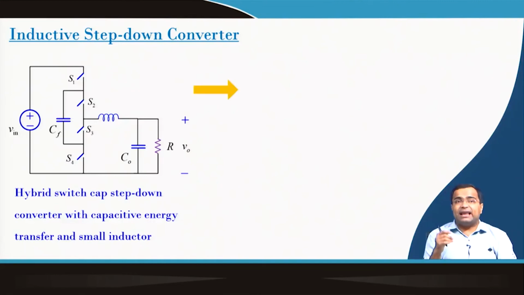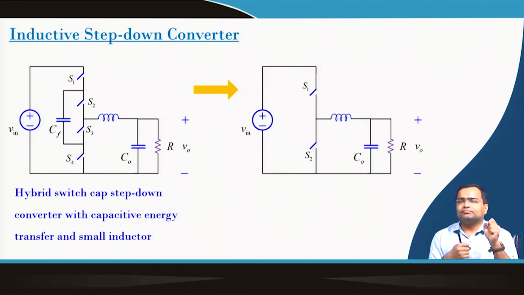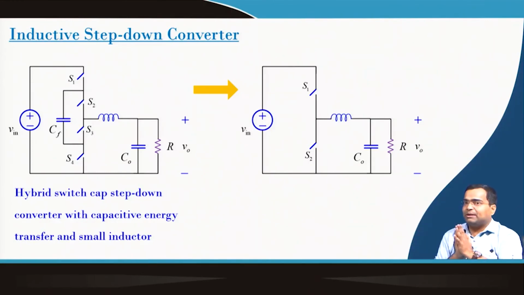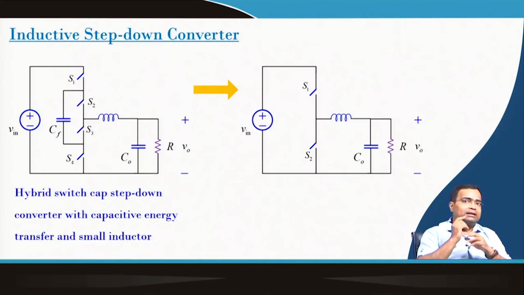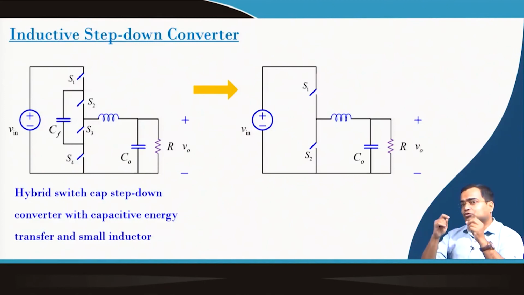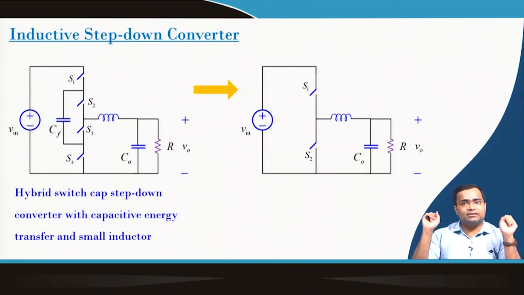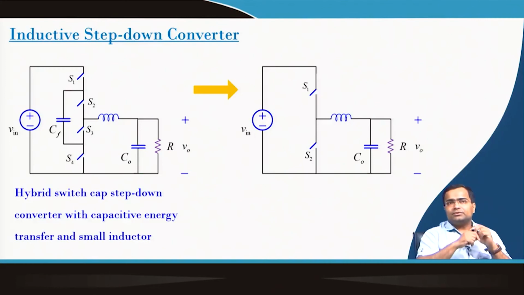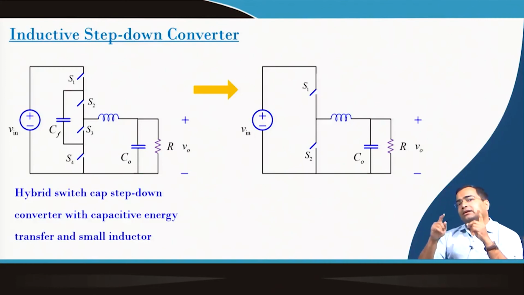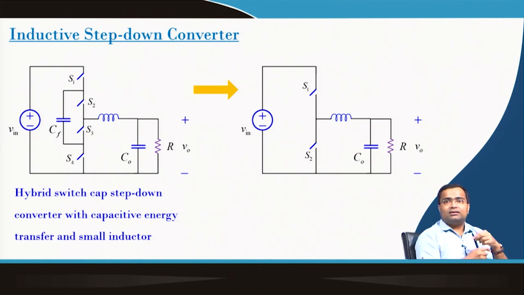Now, if we replace this primary energy transfer element with an inductor, and remove the flying capacitor, then simply 2 switches are enough. But in this case, you have to keep in mind that the inductance value will be higher, to maintain the ripple within an acceptable limit. Okay. So, for this converter, generally for a similar switching frequency, with the hybrid switch capacitor converter the inductance